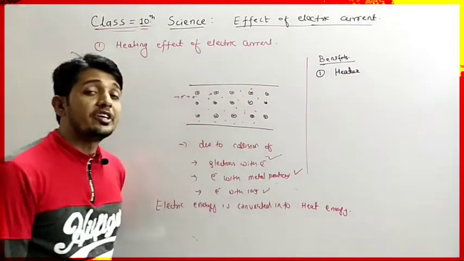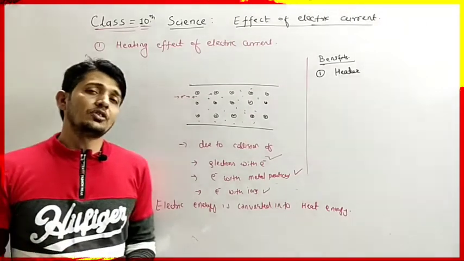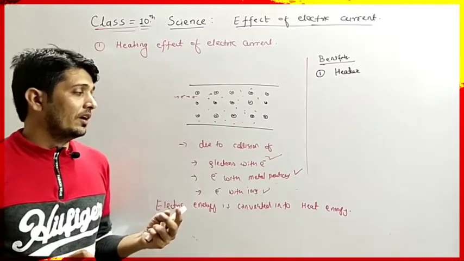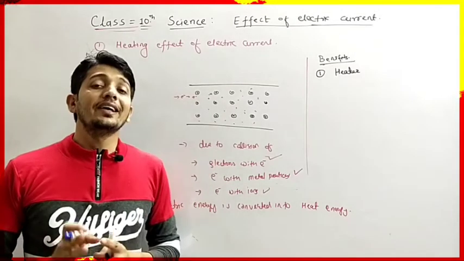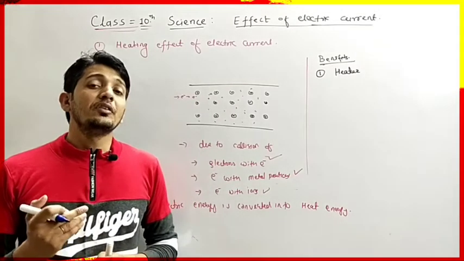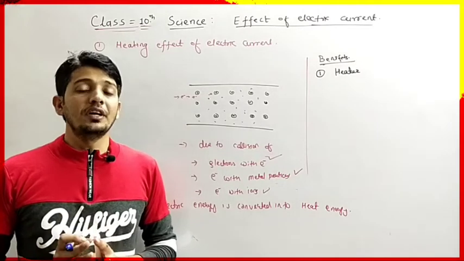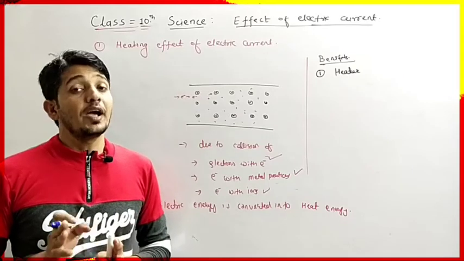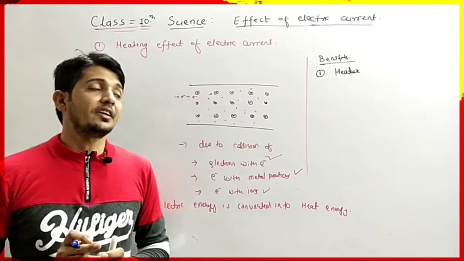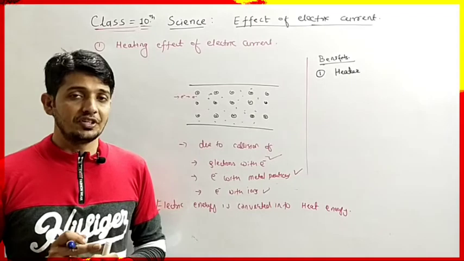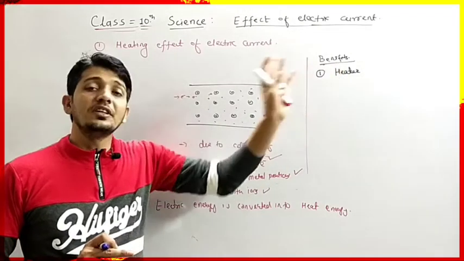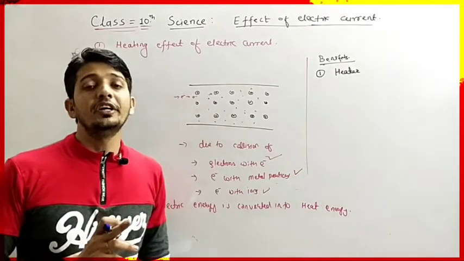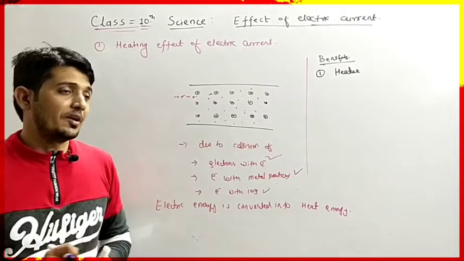Water heater or geyser or room heater, they work on the principle of the heating effect of electric current, where the device has a higher resistance, due to which it opposes the flow of current, or the flow of charge by electrons, due to which the electric energy is converted into heat energy. Okay, so a heater is nothing but an application of the heating effect of electric current, which is used for heating water, rooms, etc.